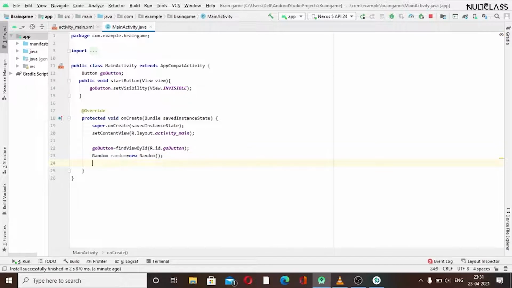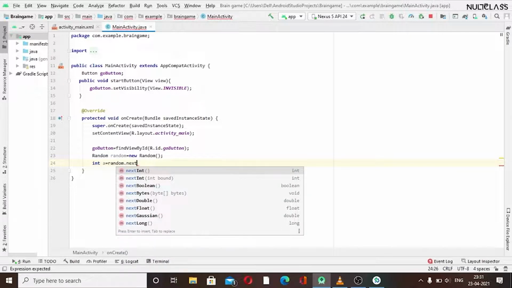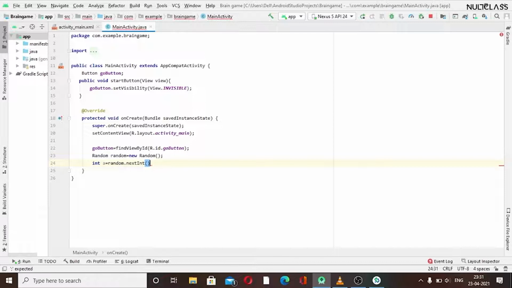Let's say we will firstly take a, and we have the method called random dot nextInt, which will generate a random integer number, and we can give its range in brackets. It says its bound value or boundary value. So if we want let's say 40 integers, then we will be writing 41 here, because the number starts from 0. So from 0 to 40 there will be 41 numbers. Similarly we will implement b as a random integer.